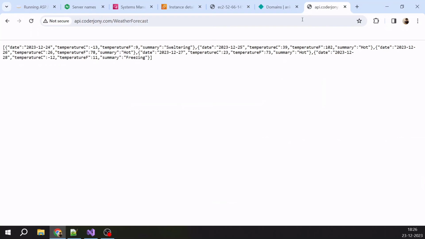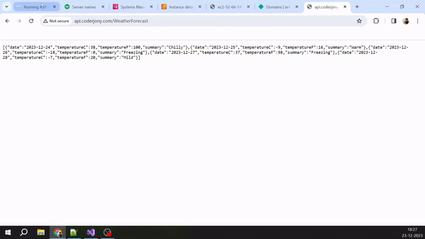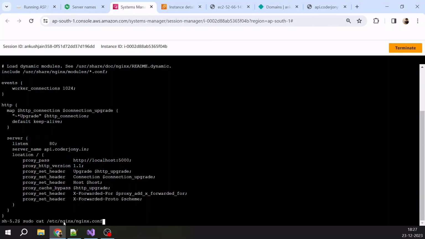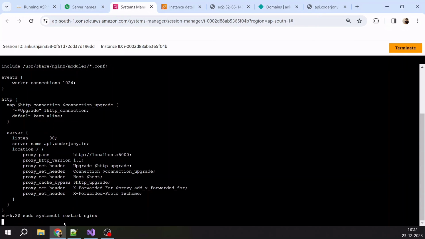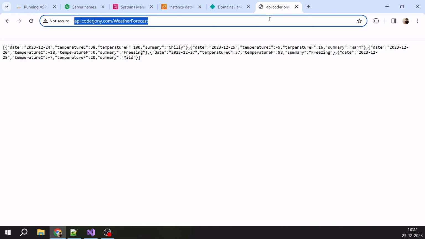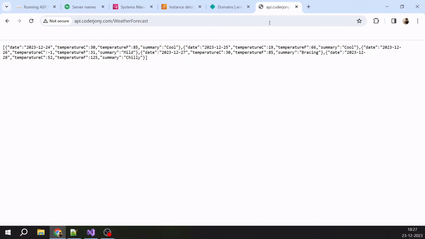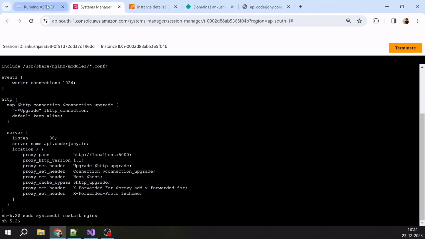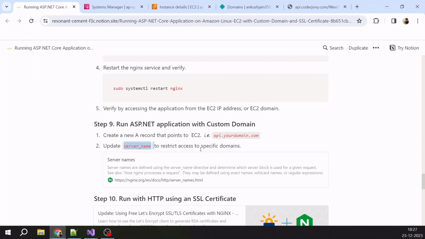And I will just retry again. It is working. So maybe I have to restart my Nginx server. So I can just give that as a retry. Okay, I'm restarting my server. So the server is restarted. Now it should not work. Oh, sorry, it is working. It should not work. It is again working. Okay, anyway, you can troubleshoot it, but this is a property which you can refer to, server name, to restrict the